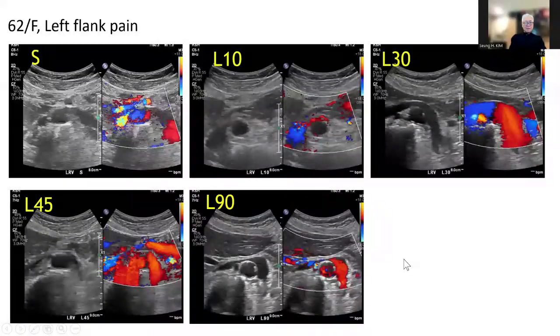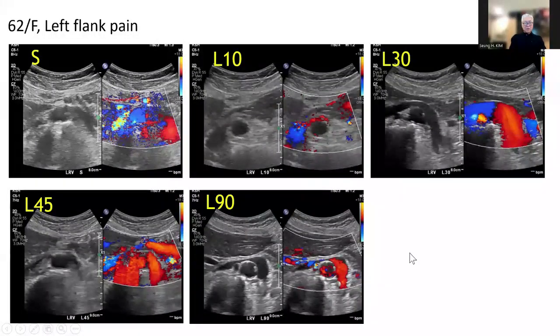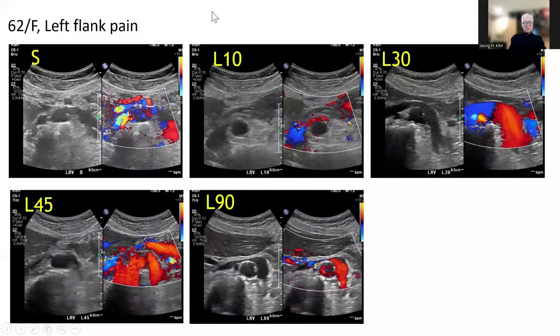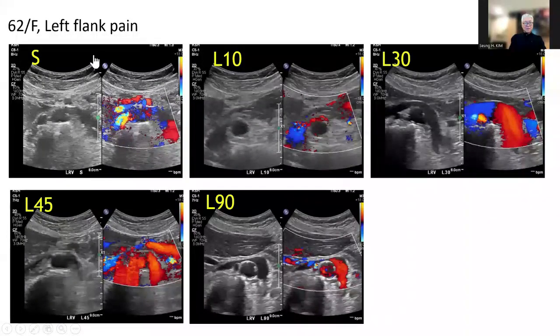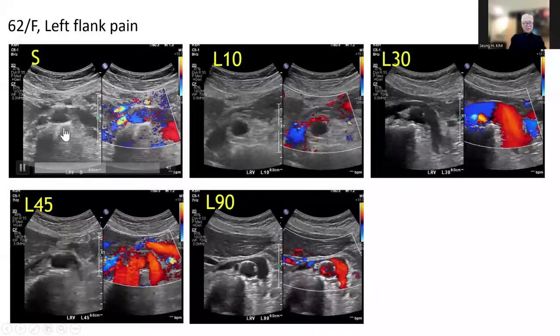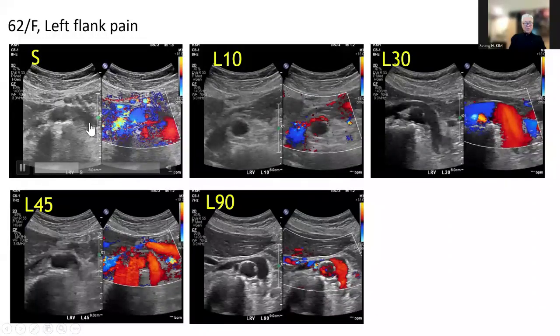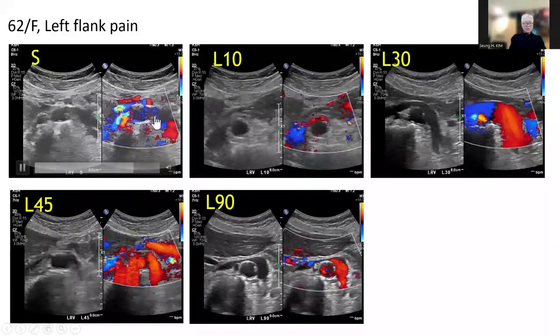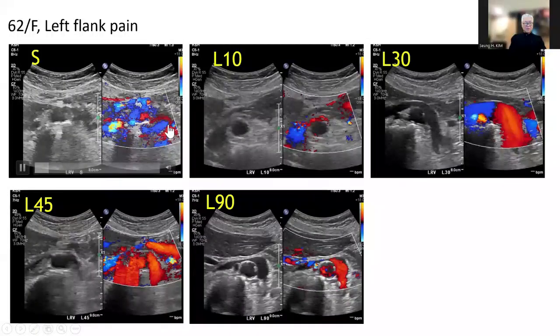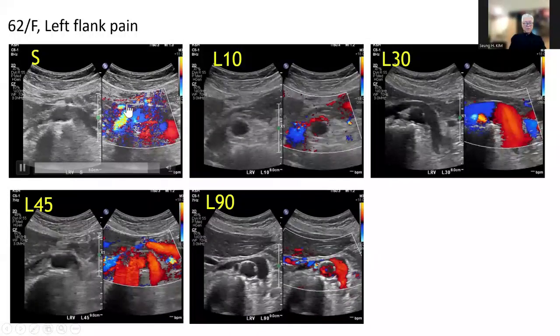Another thing is the patient posture. I will talk a little more about postural variation later, but I'll show you this example. A 62-year-old woman with left flank pain. This is grayscale color Doppler in the supine position, showing the aorta and superior mesenteric artery, with a little flow signal here and a low flow signal here. Probably there are collateral vessels, and we do not see prominent flow along this